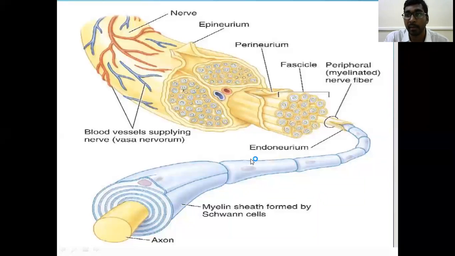I'm repeating in reverse. This is the axon, the basic component of the nerve, surrounded by a myelin sheath. Each nerve fiber containing both axon and myelin sheath is surrounded by endoneurium, and hundreds and thousands of such nerve fibers are surrounded by perineurium. Some 4 to 5 bundles of perineurium are surrounded by epineurium. The blood vessels are present in the epineurium and within the intermediate mesoderm of the nerve.